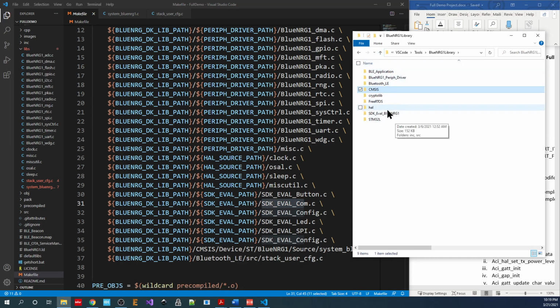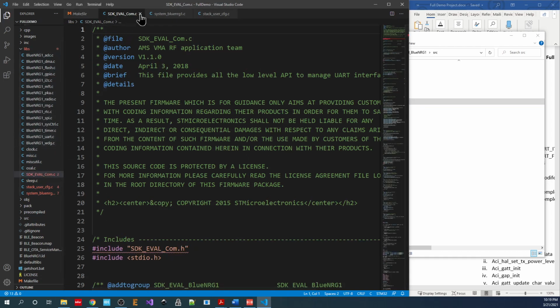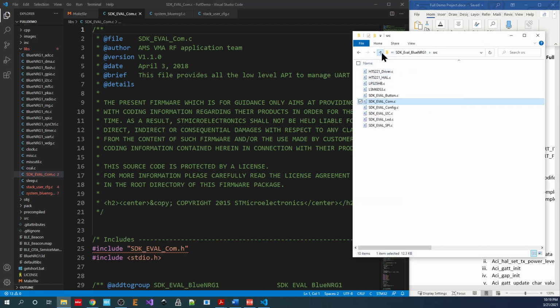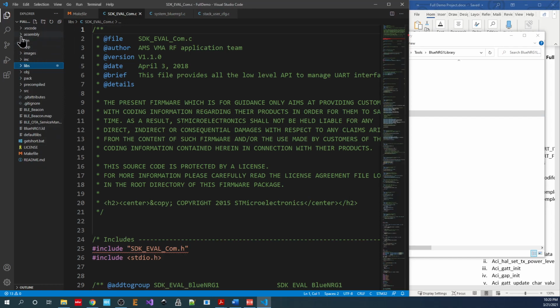So we'll go to, what is it? The SDK eval, move this file over. So that should be it. The next thing we need to do, we'll come back and do changes to this one, but the first thing I want to do is go to